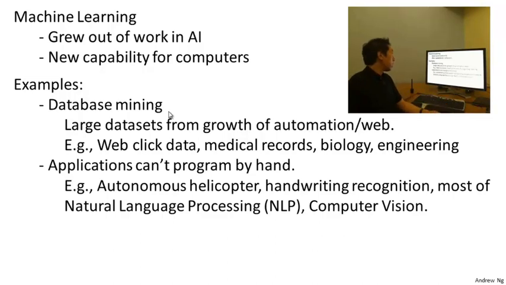Another large range of applications is just ones that we cannot program by hand. For many years, I worked on autonomous helicopters. We just did not know how to write a computer program to make a helicopter fly by itself. And the only thing that worked for us was to have a helicopter learn by itself how to fly. Handwriting recognition. It turns out that every time you send US mail, actually internationally as well, part of the reason it's so cheap to send mail across the country now is because there's a learning algorithm that has figured out how to read your handwriting and very cheaply send your piece of mail on its way.